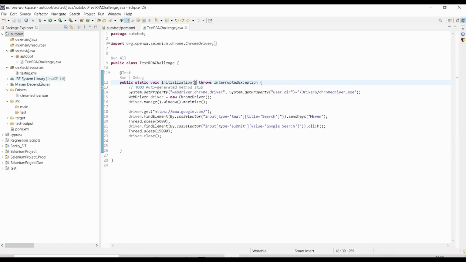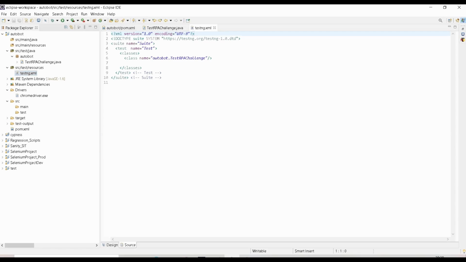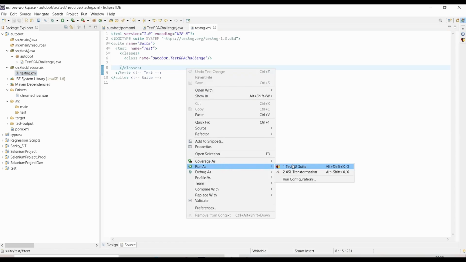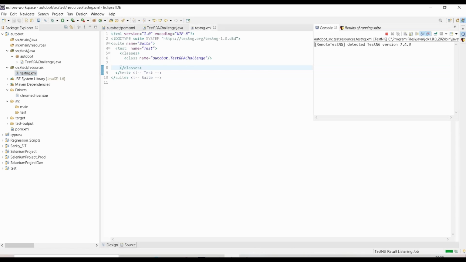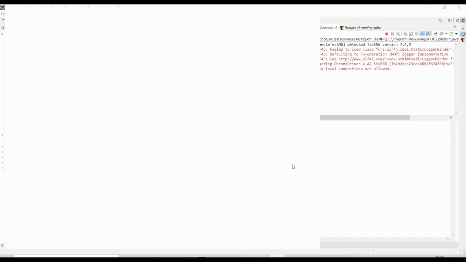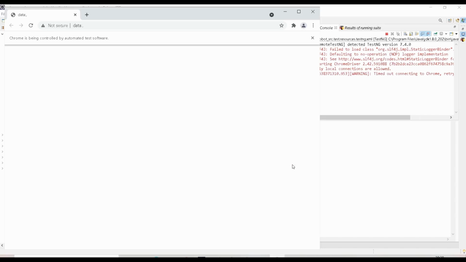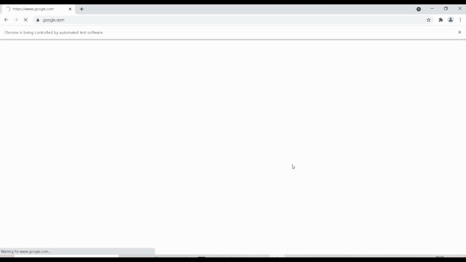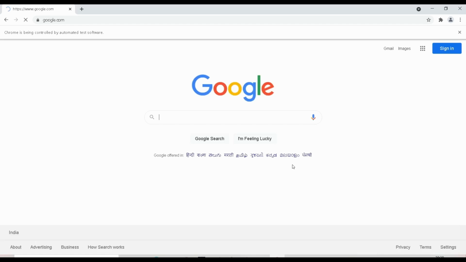Okay, so that is done, and we kept this testng file here, right? Let me open that. Okay, so we have one test case over here, so let me try to execute it now. TestNG suite, because earlier it was trying to execute the main function. The main function will get triggered automatically even if we are not using the test annotation, right? So that's a conflict. So I changed that main function to another name. So this time it is executing fine.